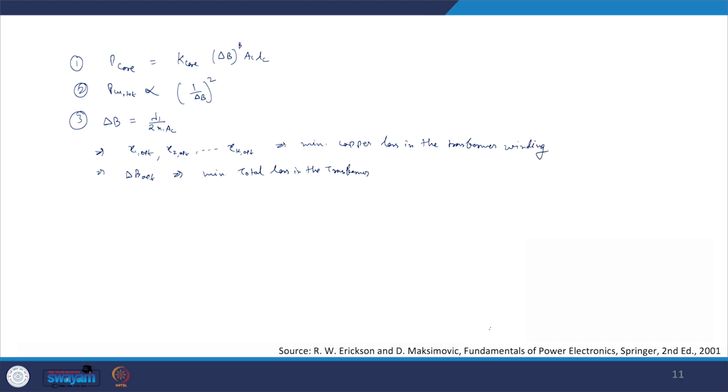So one can use some advanced level optimizations, or some simple optimizations, to obtain the optimum value of delta B and the optimum values of gamma 1, gamma 2, gamma 3, up to gamma k. And this optimum value of delta B we can then use to obtain the required number of turns for the primary winding, and then using the turns ratio we can obtain the number of turns in the different windings. So this is what we have understood, and we will develop the steps to physically realize the high frequency transformer. We will define the steps following which one can physically realize the transformer.